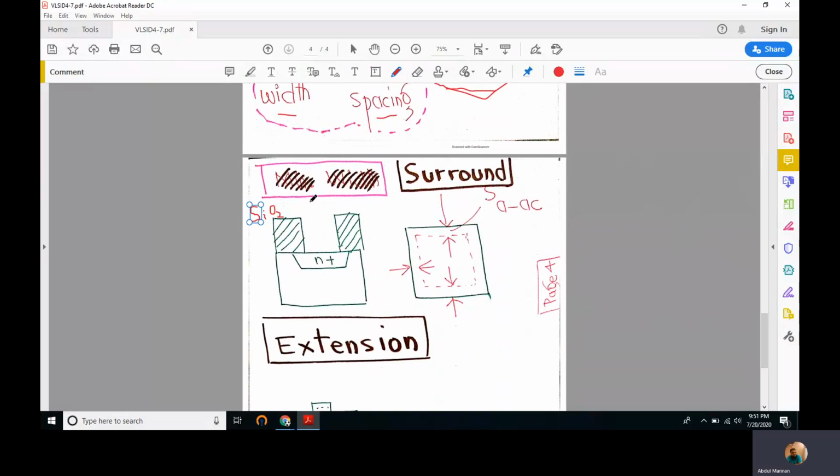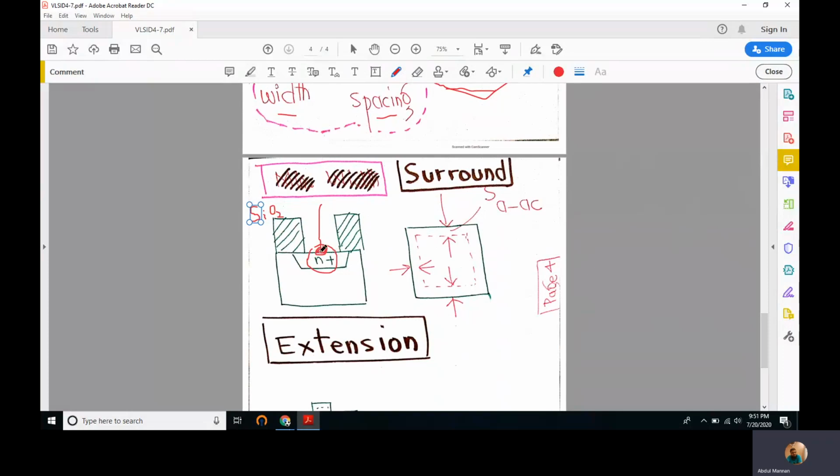So we use ion implantation. We have used ion implantation to convert this portion into N plus. But now we want to make a contact with it, a wire that we want to connect here, a wire with which we want to make a bond here, right?